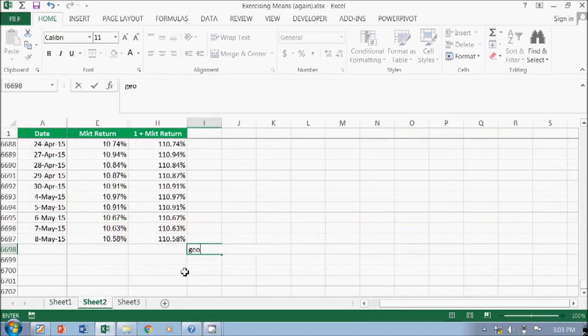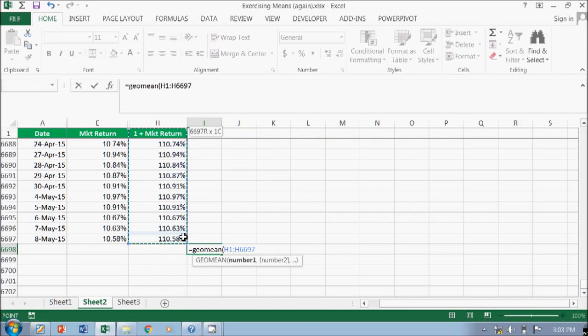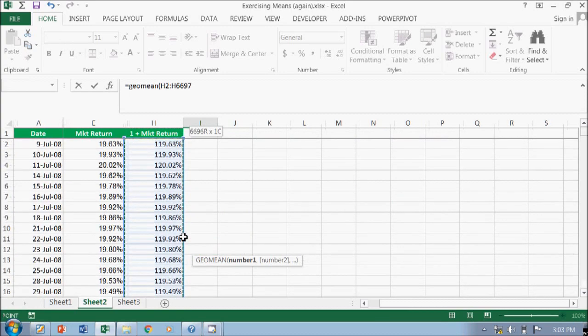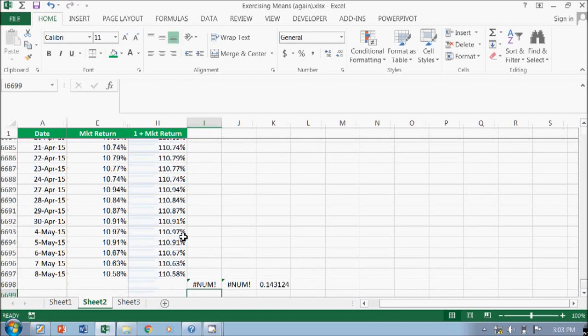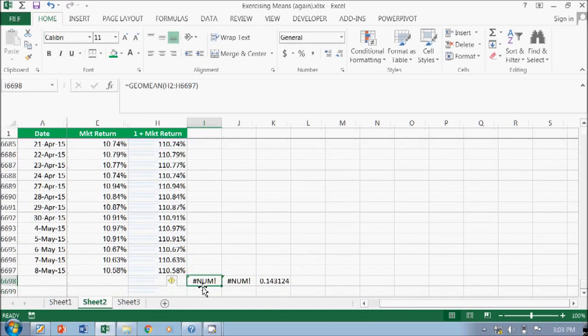I use GEOMEAN. Okay, so usually for very big rows, it will not work. That's the same with the product. So the only way that you can calculate is use this formula, your exponential there.